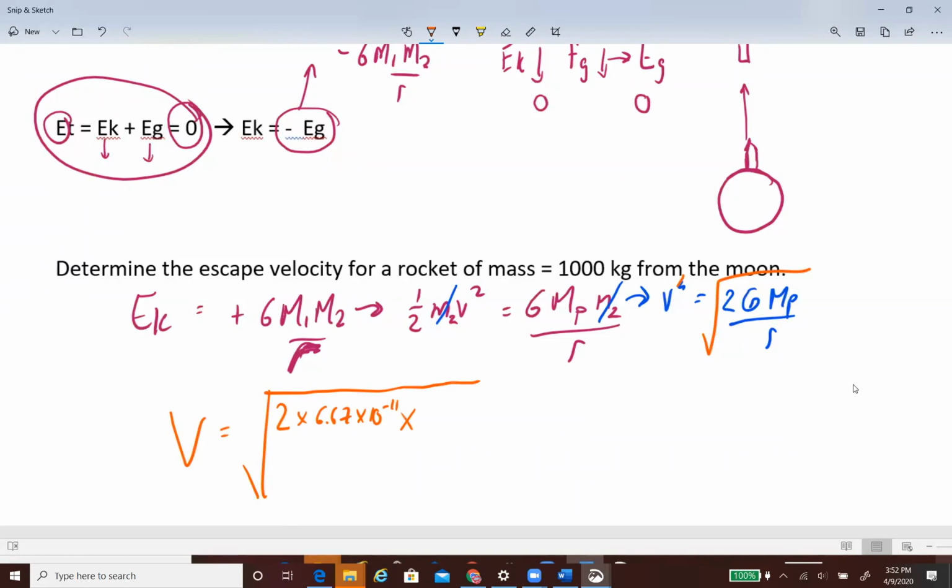The mass of the moon, I remember looking that up, is 7.4 times 10 to the 22